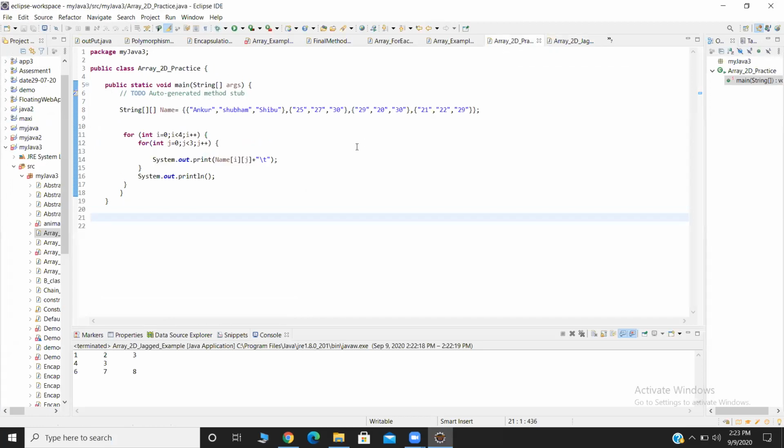It is my previous example. I am taking the name, marks and all in the string, and then by using